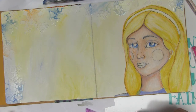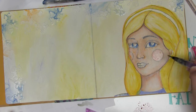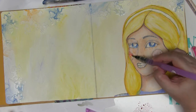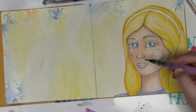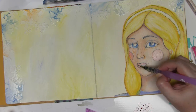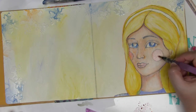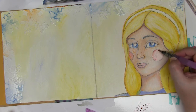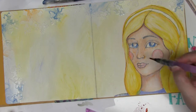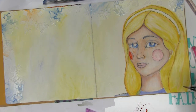Now again, I'm just going to scribble it down on my little splat mat here and then use my water brush to apply it just in the areas and the strength I want, because if I apply it lightly to begin with, I can then make it darker and get a bit more control over exactly the colour I'm adding. Now I do want my girl to look a little cartoony,